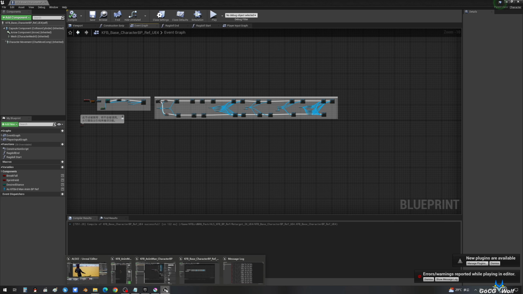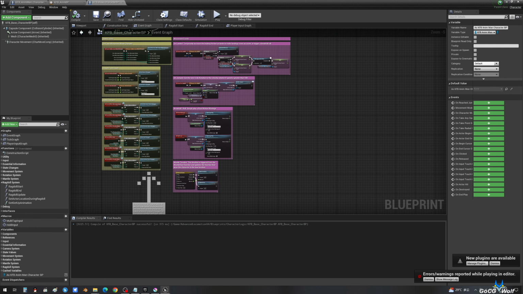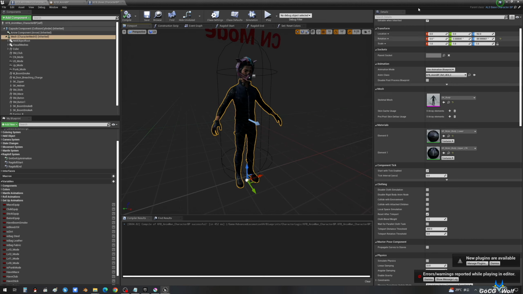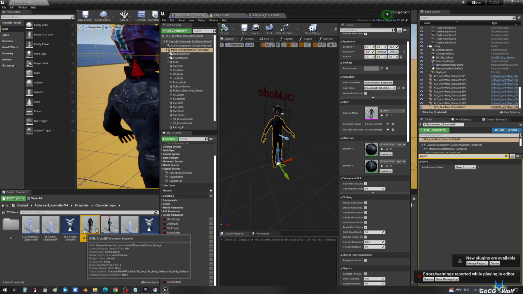The animation blueprint for the character that we set up earlier seems to come from the reference blueprint. We should place this blueprint in.